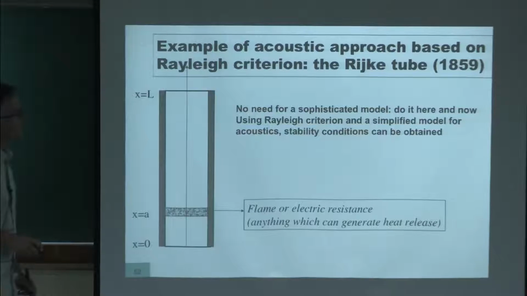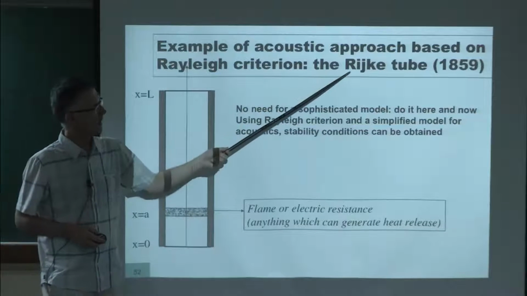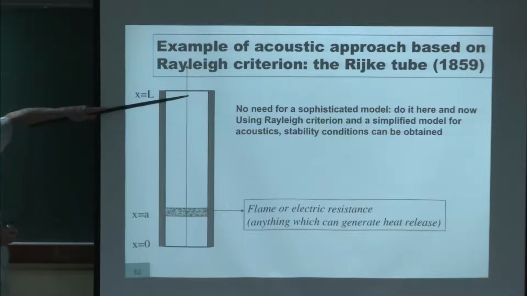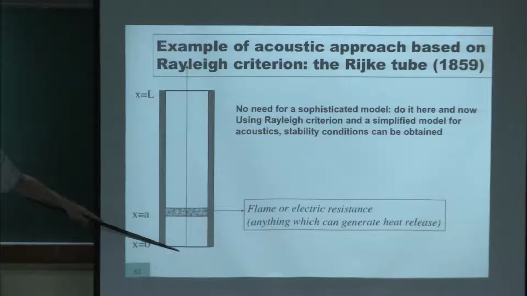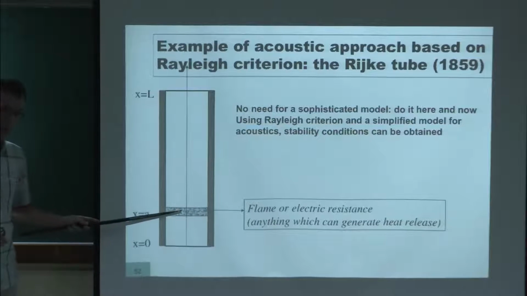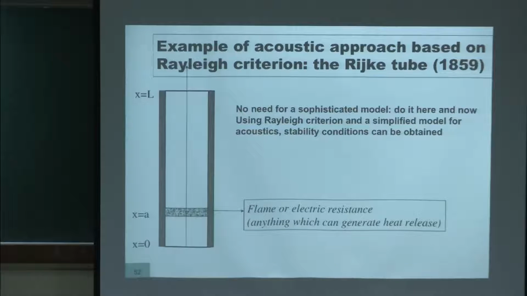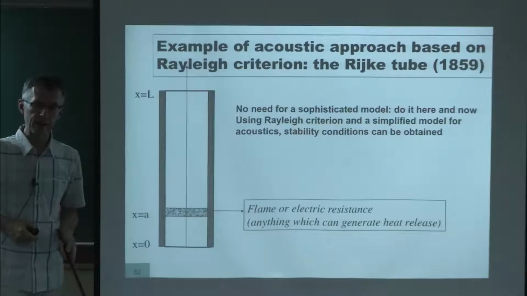So let me start with giving you a few examples of how you handle those things. I'm coming back to this tube here, which is the most classical example where you can actually use the Rayleigh criterion to guess if the system is unstable or not. I'm going to do it by hand for you so that you see it's not that complicated. So you take the tube, you say it's an open end here going to the atmosphere, and it's an open end at the base going to the atmosphere. So we know that pressure will be imposed here and there. And here we have a place where we are going to release energy. You can put a flame here, like I did. You can even put an electric resistance, which generates heat. That's how Rijke did it. And that will give you the same answer.